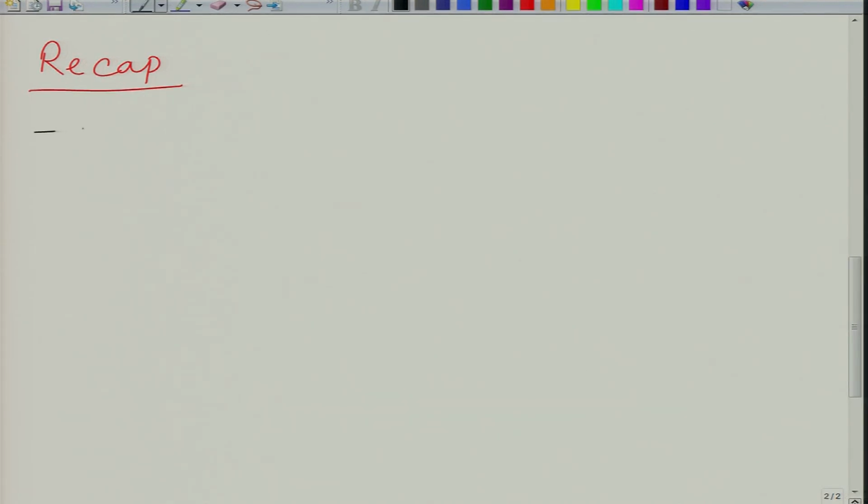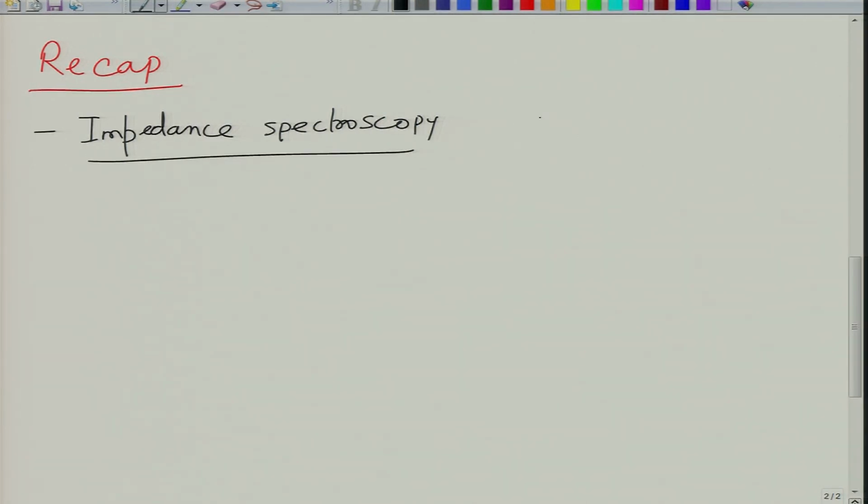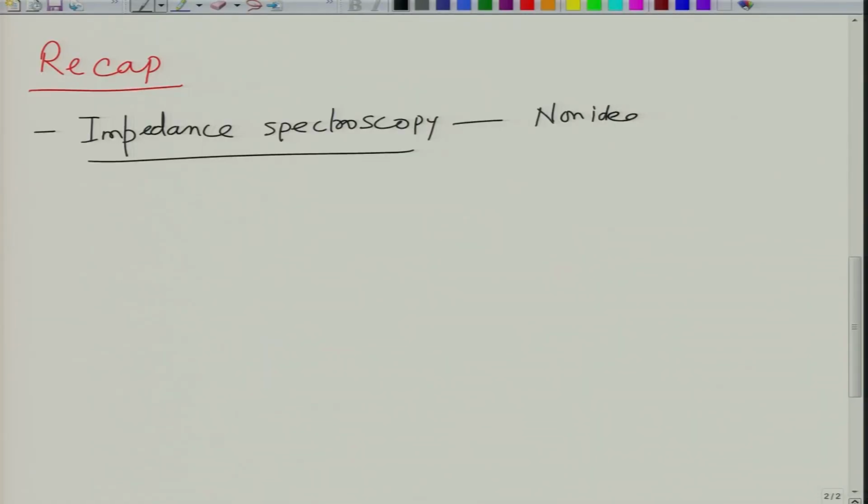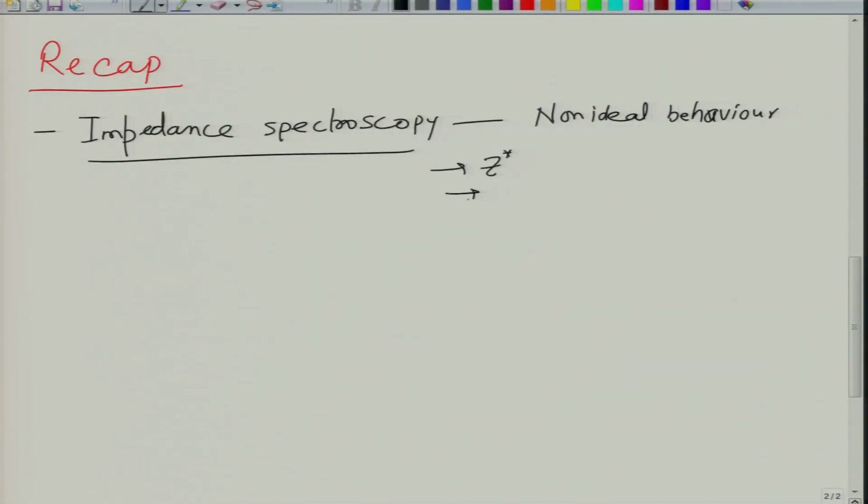So, in the last class we looked in a little bit more detail into impedance spectroscopy, and this is a very useful tool to determine the dielectric characteristics of materials. Many materials show non-ideal behavior, and as a result their description is incomplete by an ideal circuit. So you would like to invoke other electrical circuits to model them, and for this it is useful to measure properties such as complex impedance. Complex impedance contains real and imaginary parts, which are basically calculated by measuring Z and theta.